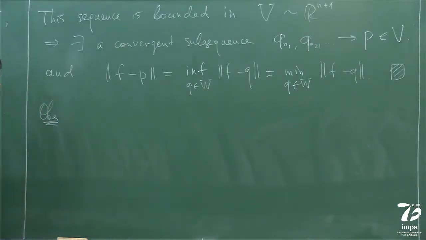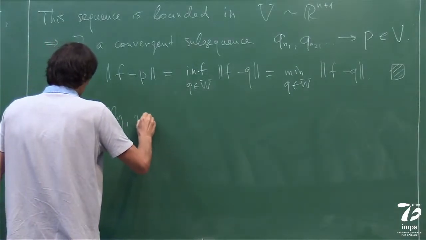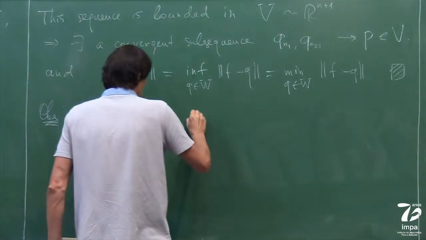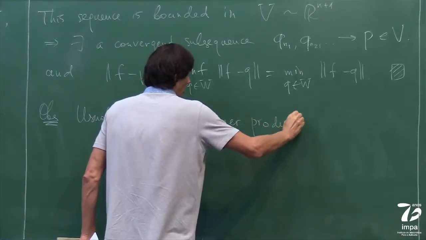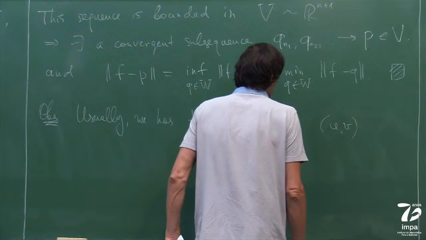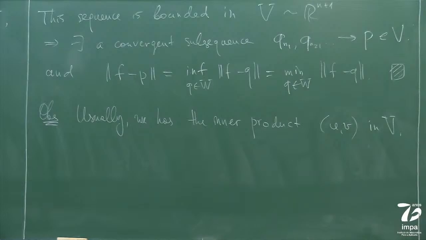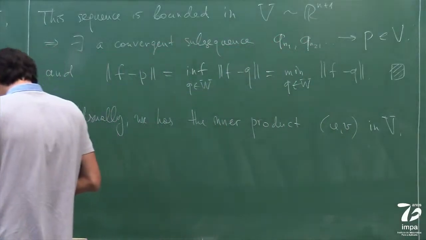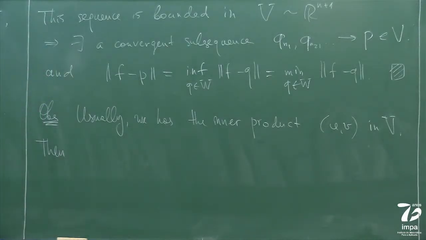Observation: usually we have the inner product in the space, and if you have an inner product, then finding the P is much simpler. So then, if there is an inner product, then